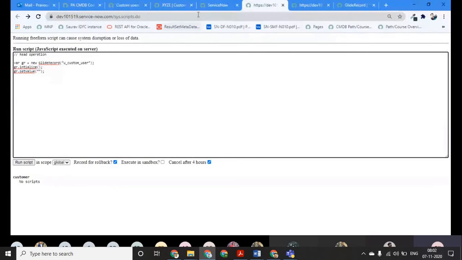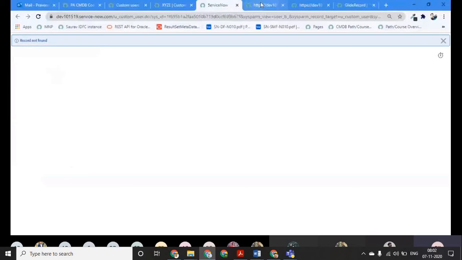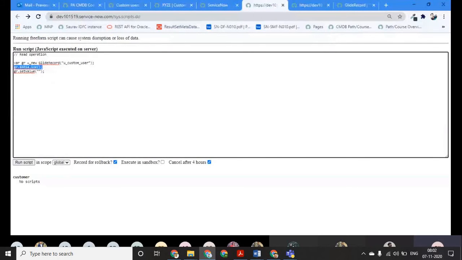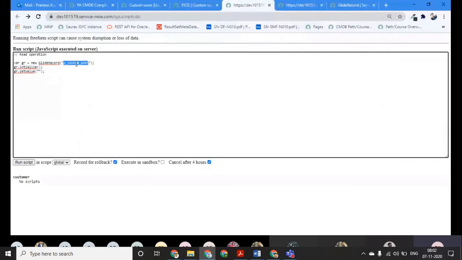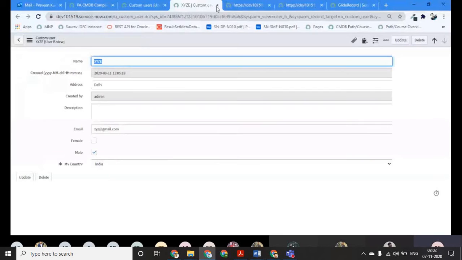Then gr.setValue. This is most commonly asked in ServiceNow interviews. I want to create a record, so we do the glide record, we do initialize, and now setValue. The record I will create should have a name, for example, Kumar, with gr.setValue.